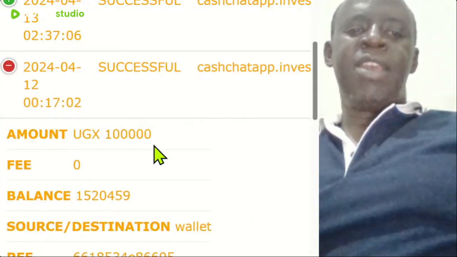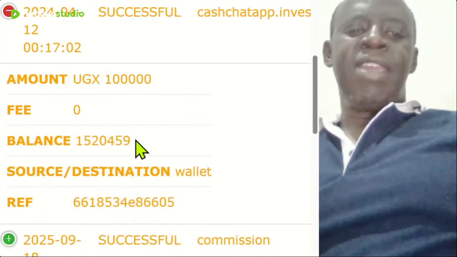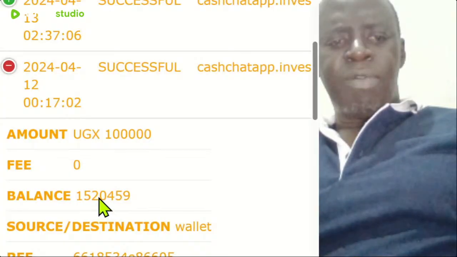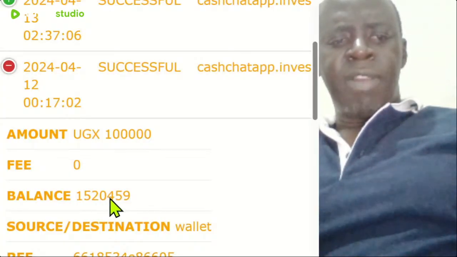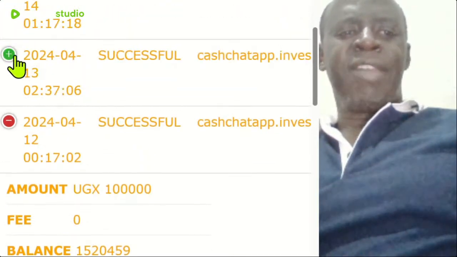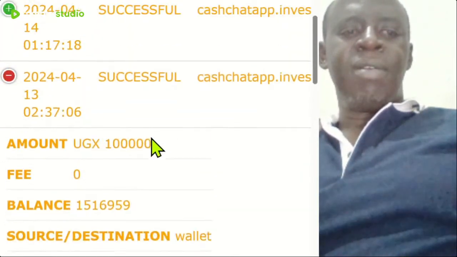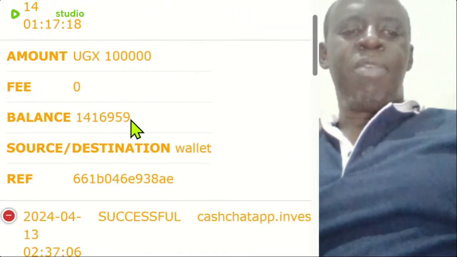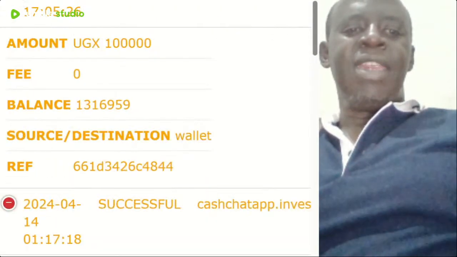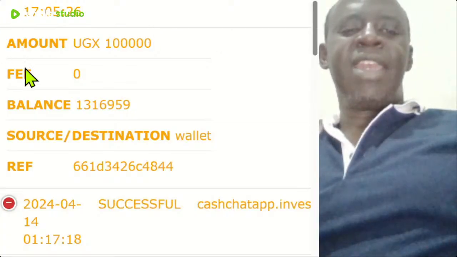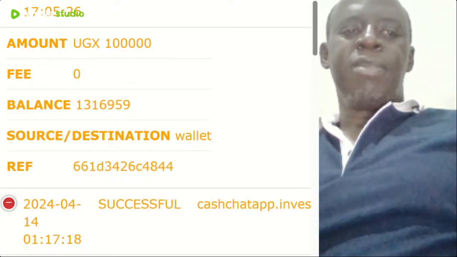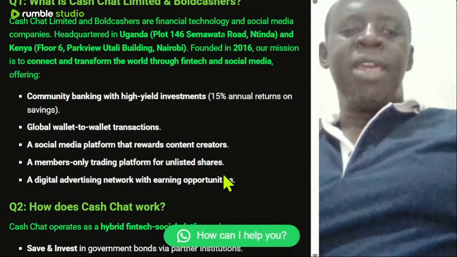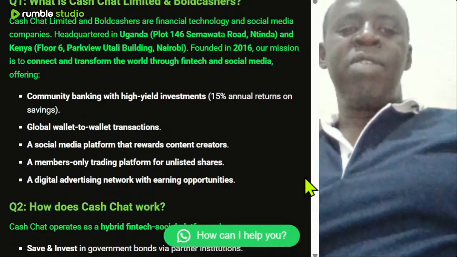So the first time was this. The person invested this amount out of 1.5 million. The next day the guy invested another one. The next day the guy also invested another 1,000. So it is 1.4. Then the next day the guy invested another 1.3, just like that. So it continues. So now that was this section where they say community banking with a high yield investment,